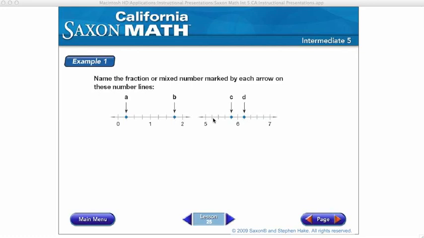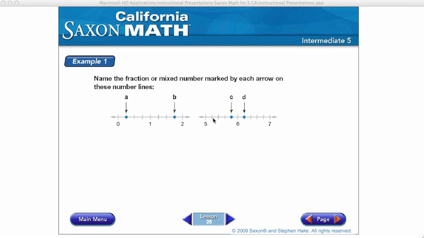Hi everybody, today we're going to be talking about lesson 25, fractions and mixed numbers on a number line. So we've done a lot of work with number lines using whole numbers, 1, 2, 3, 4, 5, and even negative numbers, -1, -2, -3. Well, today we're going to start looking at a number line with fractions. So when we look at a fraction on a number line, there are 3 steps that we need